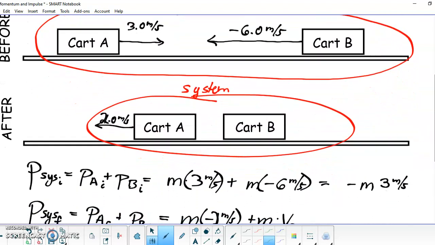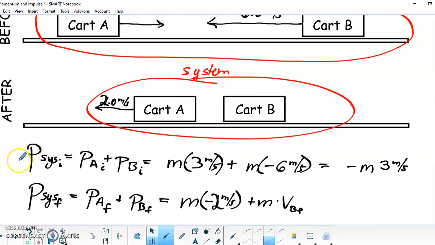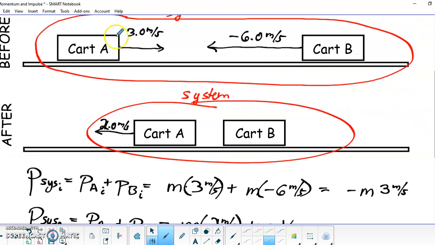Same approach. I want to know what's the momentum of my system initially. Well, initially we have 2 objects here, each with mass m. m times 3 meters per second would be the momentum of cart A, and I'm writing that in right here. And m times a negative 6 meters per second would be my momentum of cart B. If I add those up, you get a momentum of negative m times 3 meters per second